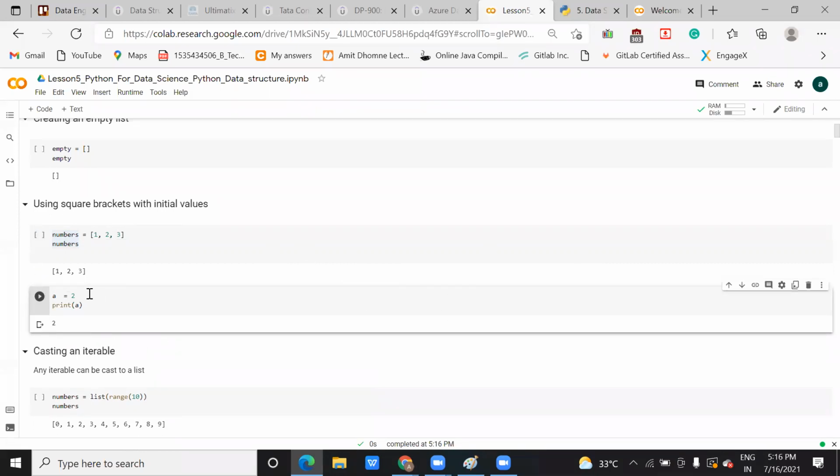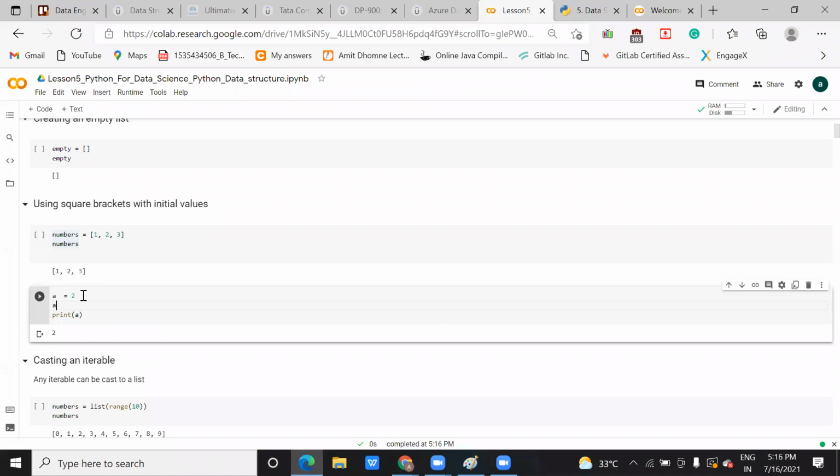Now similarly if I try a is equal to 2, 3, 4, 5, 6, 7, 8, let's see whether it will work. Let's take b and see if it works. Let me print it.